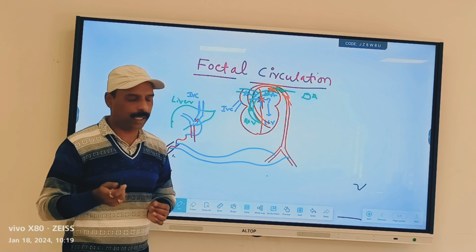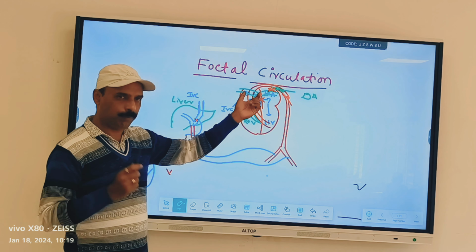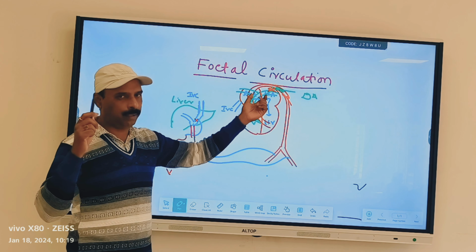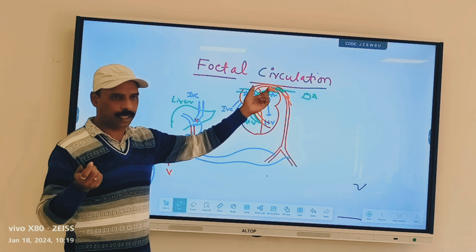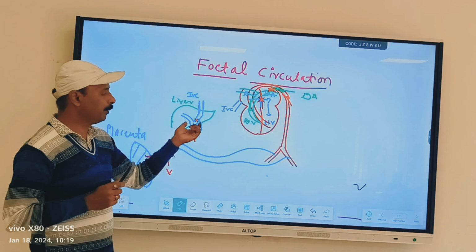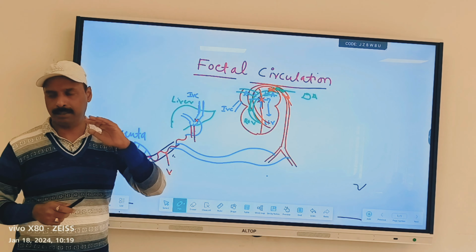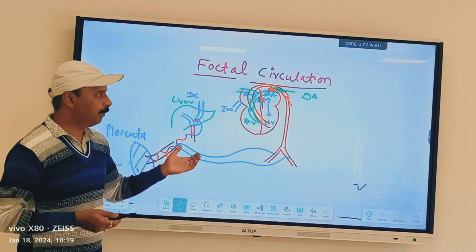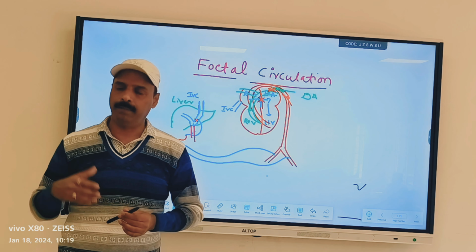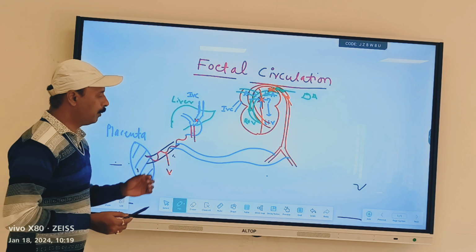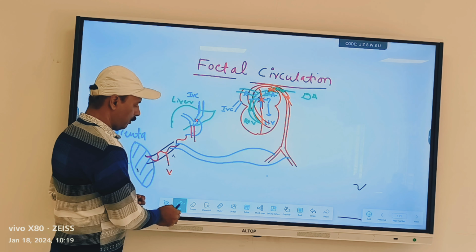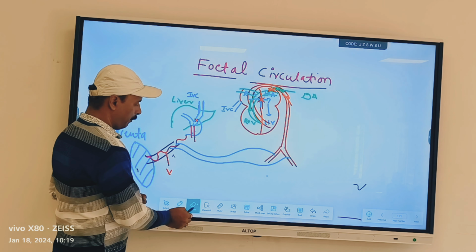Foramen ovale and fossa ovalis. Ductus arteriosus, patent ductus arteriosus. These are all very important steps, and this is why the fetal circulation is different from the systemic circulation. Okay, this is all about the total. You have to remember about the